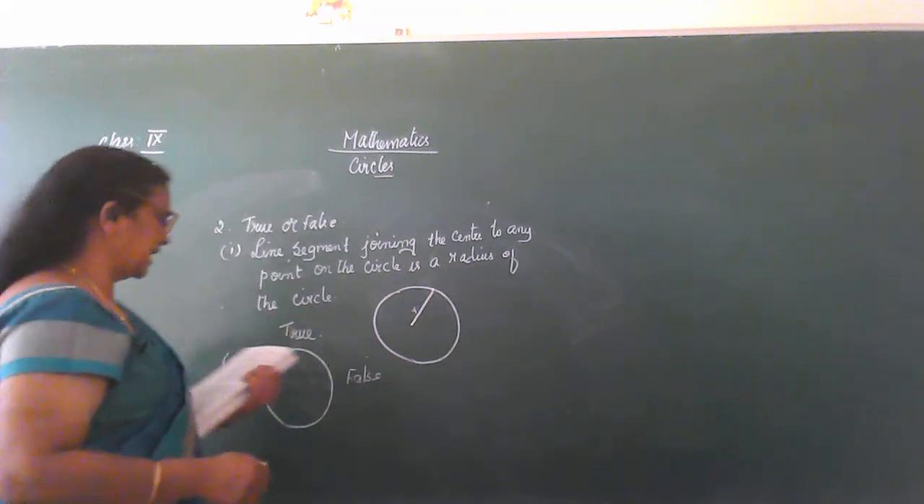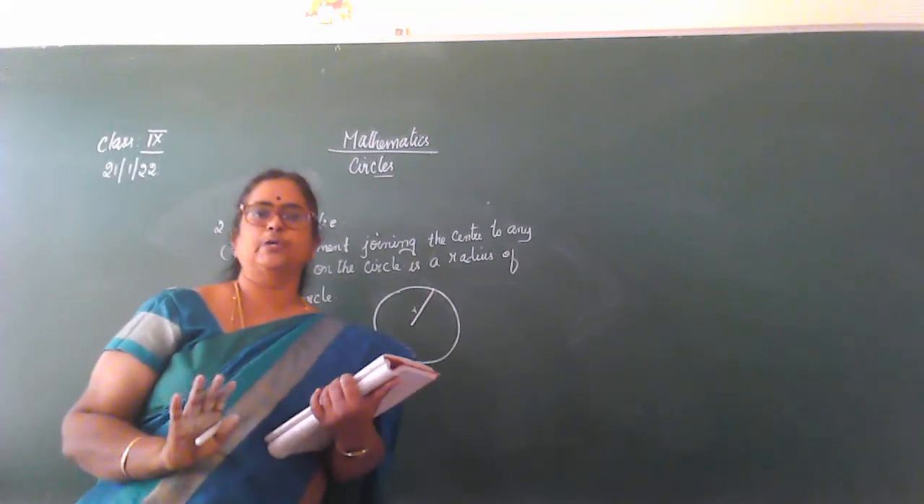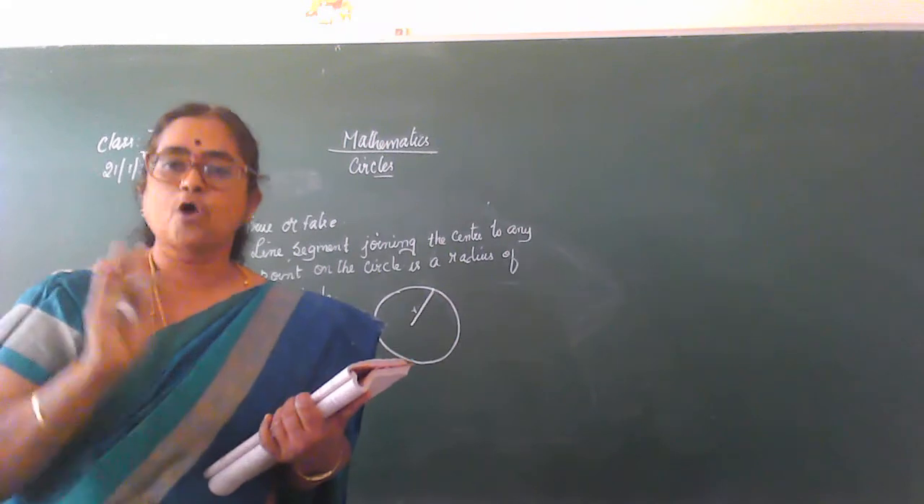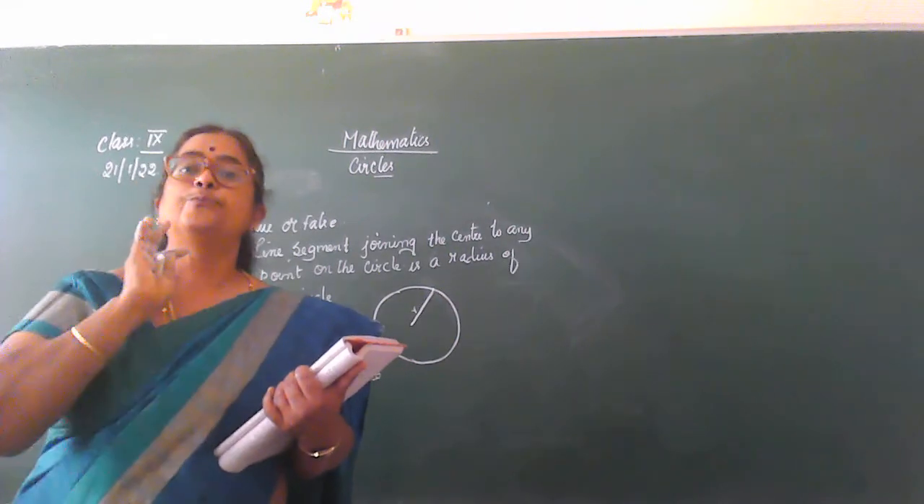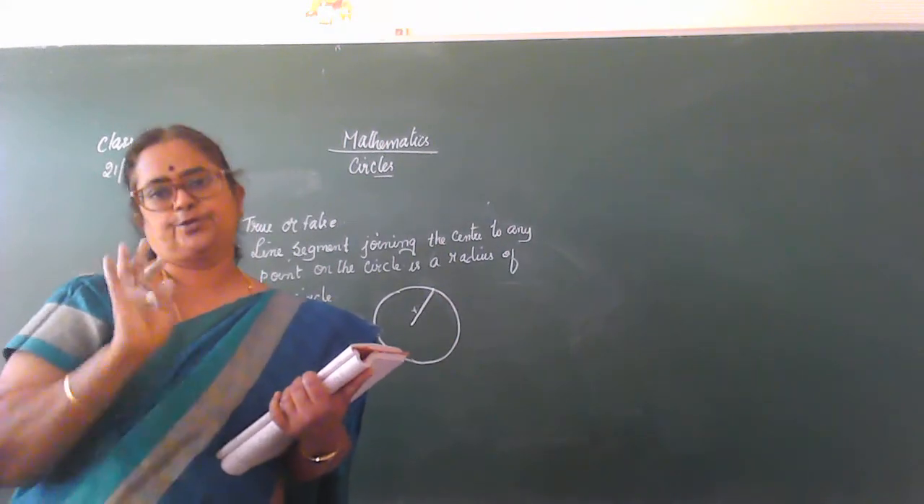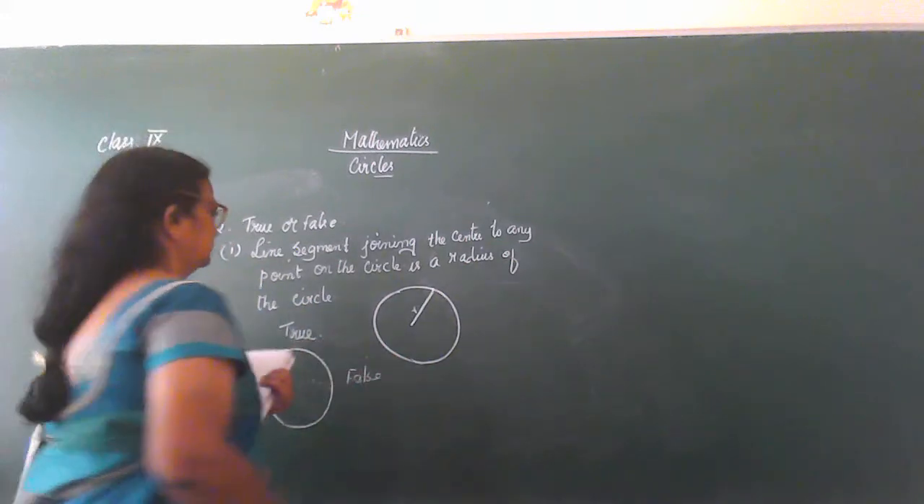So, a circle has only a finite number of equal chords, that is false. It will have an infinite number of equal chords. Okay. Then the third one is,